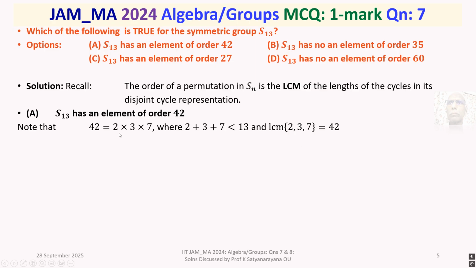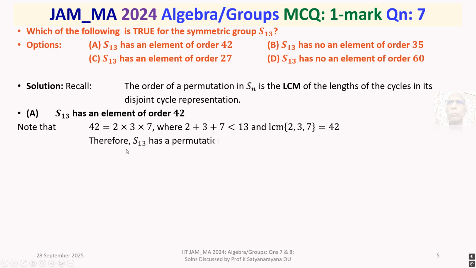That means with the help of these factors, we are trying to write down a partition of 13, that is 2 plus 3 plus 7 plus 1. The sum of the factors is less than 13, and the LCM of 2, 3, 7 is 42. Therefore, we have